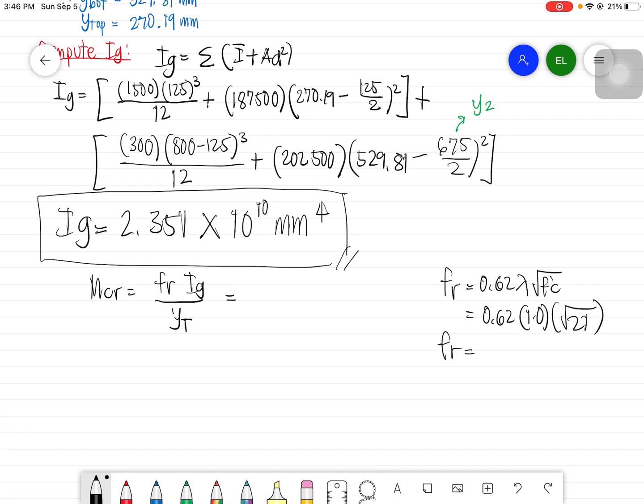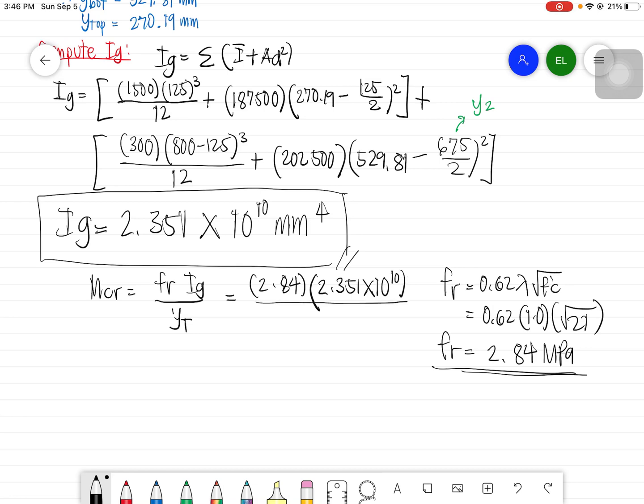So fr is 2.84 MPa. Okay, so modulus of rupture, so we have 2.84 times 2.351 times 10 raised to 10,